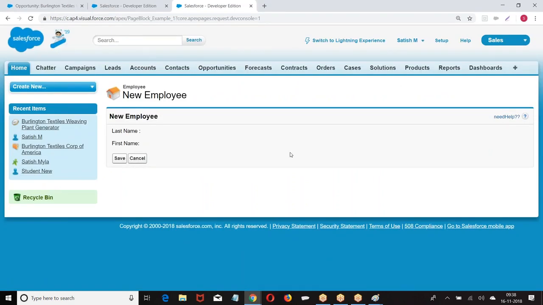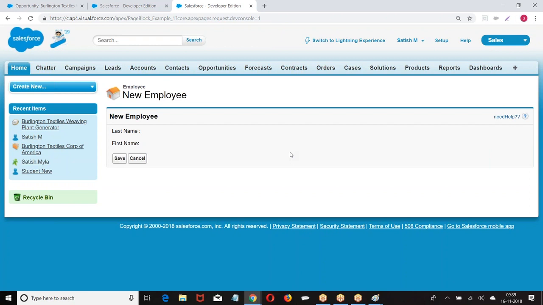Did the people follow this structure? Am I clear? So what we got: section header, form, then page block, then elements. We are just trying to improvise the previous example with the new attributes. Whatever the first class we have taken, the same one I am trying to improvise in the look and feel, by adding extra components one by one. I hope you are good with this one.